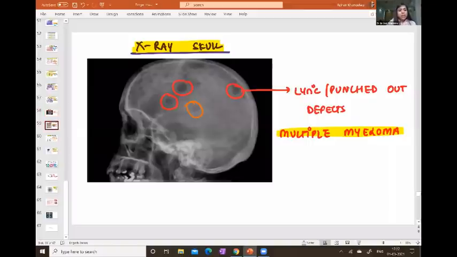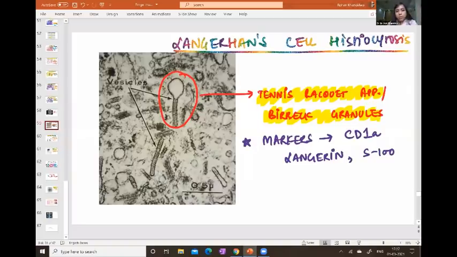Then in this image, yes, this is another image which is frequently asked. This is electron microscopy. Whenever you have a black and white image in the MCQ exam, think about this is electron microscopy. That is black and white in color. In this, can you see that this appears like a tennis racket? So that is why this is called a tennis racket appearance. And this tennis racket appearance or Birbeck's granules, they are seen in which condition? Langerhans cell histiocytosis or LCH. You see Birbeck's granules or tennis racket appearance, correct?